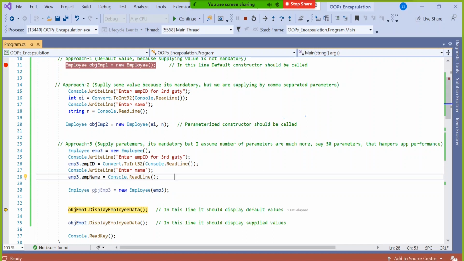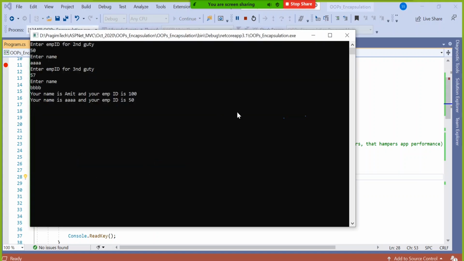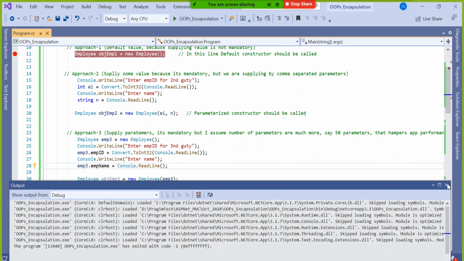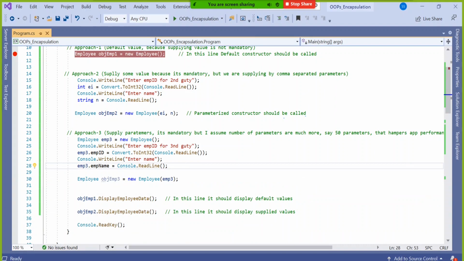Read and write means? Acha, Console.WriteLine. This totally depends upon you. If you want to ask the user to enter, can you see? I asked the user to enter, please enter name, please enter this. Then you have to use this. If you want to hard code, send the hard coded data, you can directly send also. Something like this. Suppose you don't want to use this, you can directly supply some hard coded data here. No need for Console.WriteLine. You can say, I'm sure that guy's name is BBB. So directly you supply here BBB.